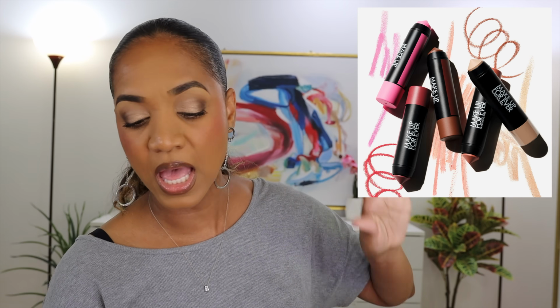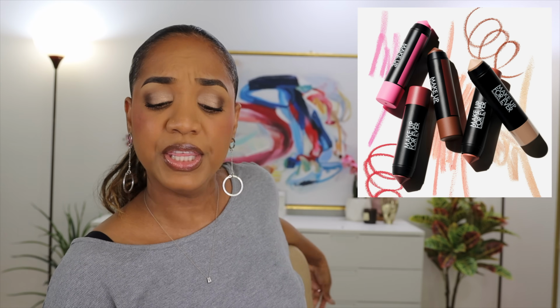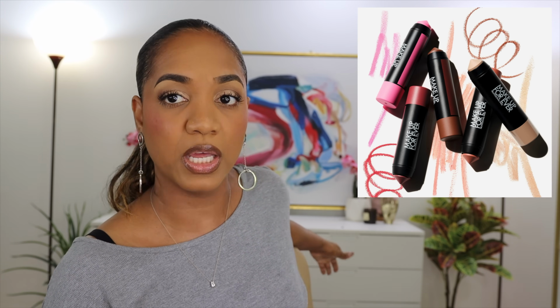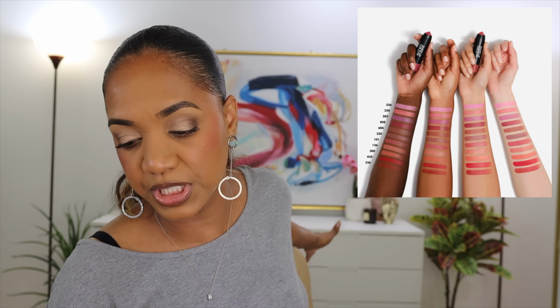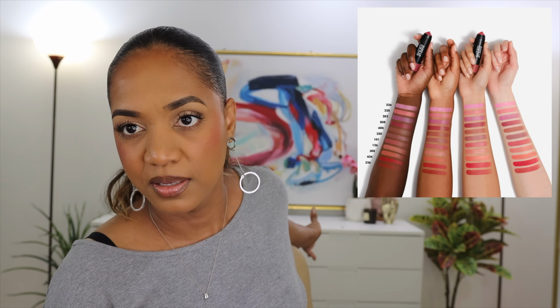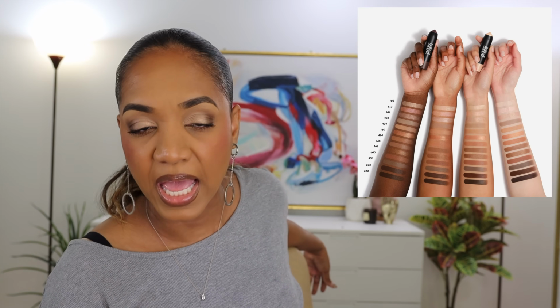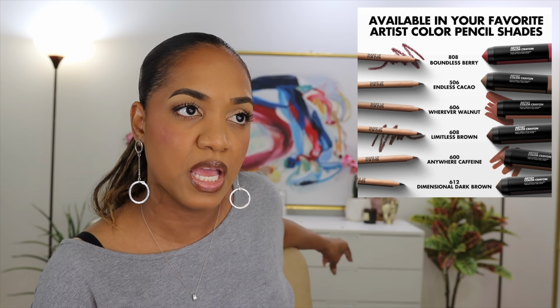It was a whole thing, okay? I did a full swatch video and all that. This one, the price point isn't too bad if it's a multi-use product and you can use it, like you get a blush shade that you can use on the cheeks and on the lips. You know, makes sense. And then they have these contoury shades, and I wanted to see specifically Anywhere Caffeine, no,